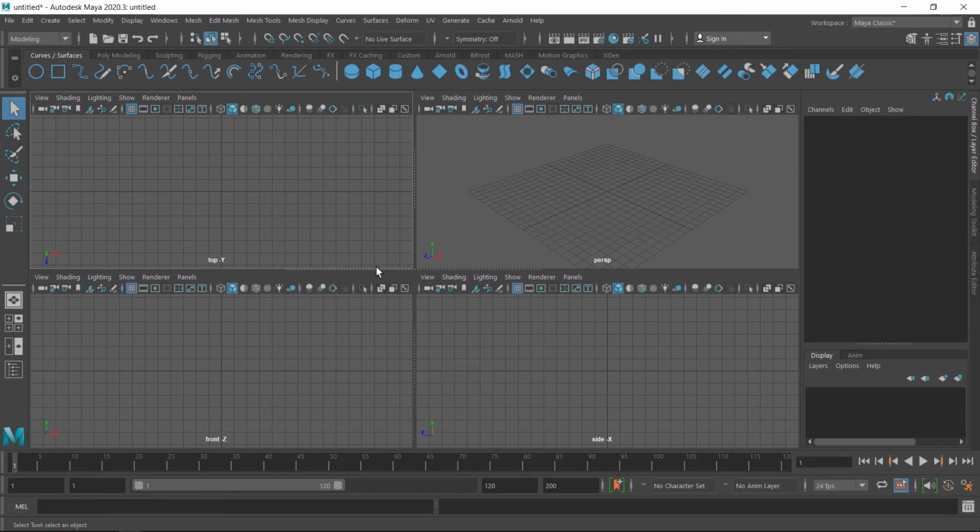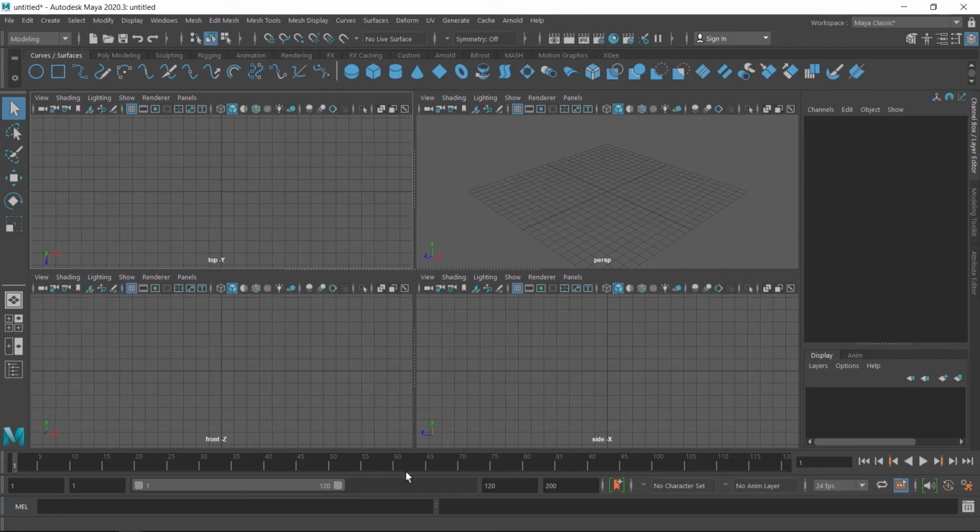Next tip is related to the Maya UI elements. If you are using Maya for modeling purposes, some panels are not useful for you, like this time slider, this range slider or this command line, because they are useful for animation purposes. And the other things are this panel menu and this toolbar, which are repeated on every viewport and use a lot of space. By hiding these panels you can increase space for modeling. I will show you one by one how you can hide these panels.